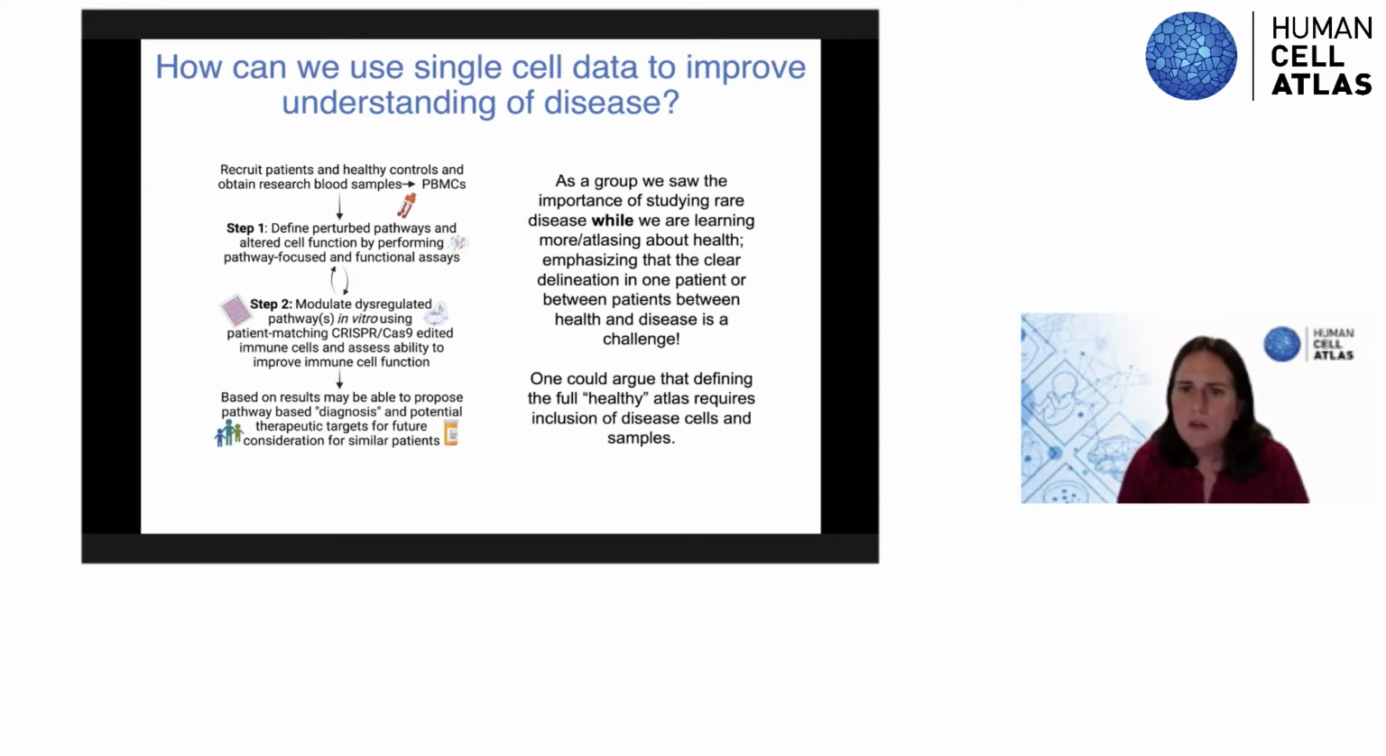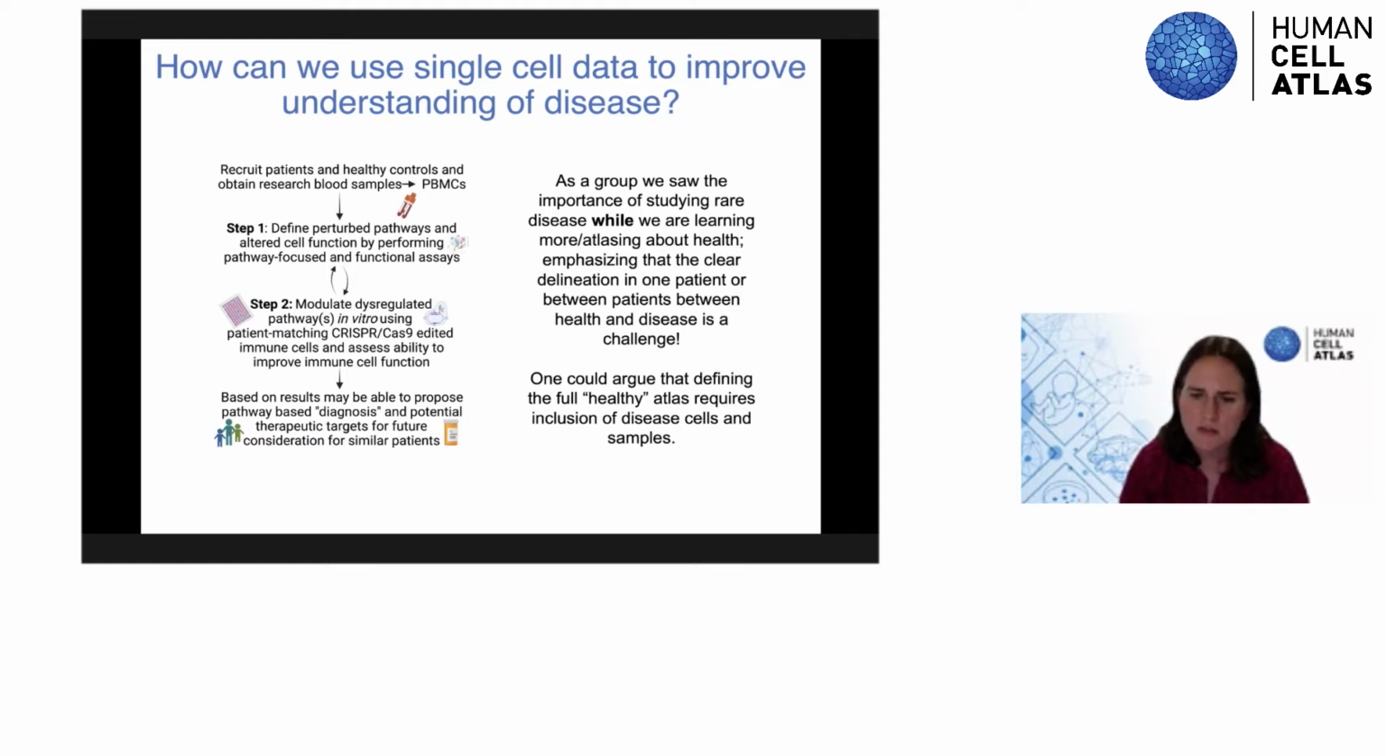And there was a focus in our group on the importance of studying this rare disease as well as common disease while we're learning more about immune health and tissue health broadly. And there was an emphasis that this idea, and this has been said in many other groups, that health versus disease is not a binary state, and that delineation in a given organ or given person is a real challenge. And that one can argue that going along this model of parallel rather than serial study of health and disease, that we need to include disease cells in the sort of atlas of healthy to really cover the range